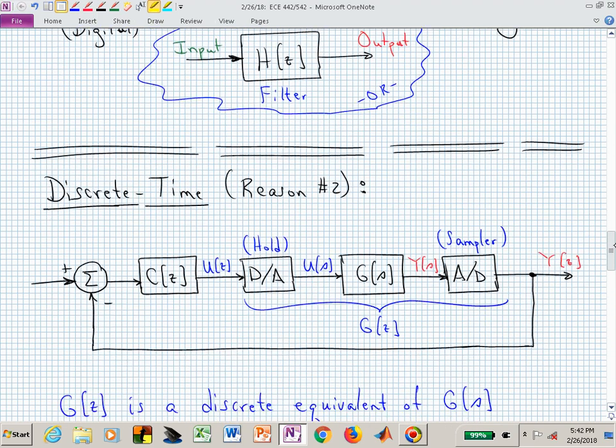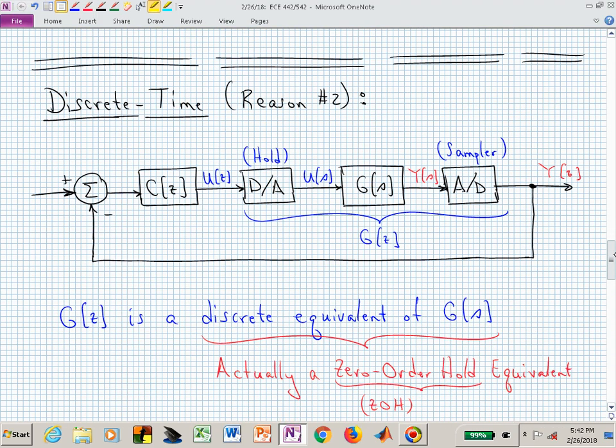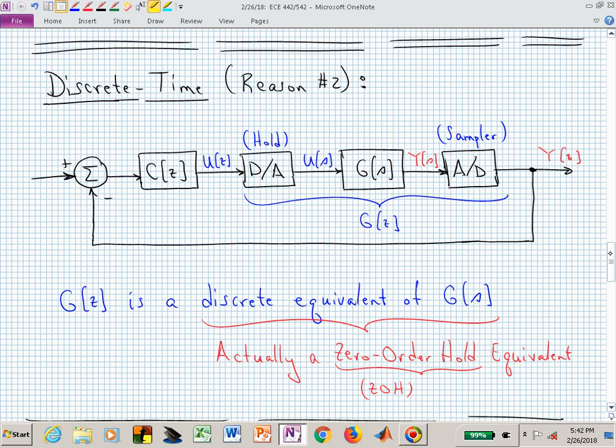Reason number two, which is what we will cover first, and which is only having one way of finding this discrete equivalent, is what we will call a zero order hold equivalent. And that's what we're going to focus on today. But it may not be that clear, the difference, but now what we want to do is all of these